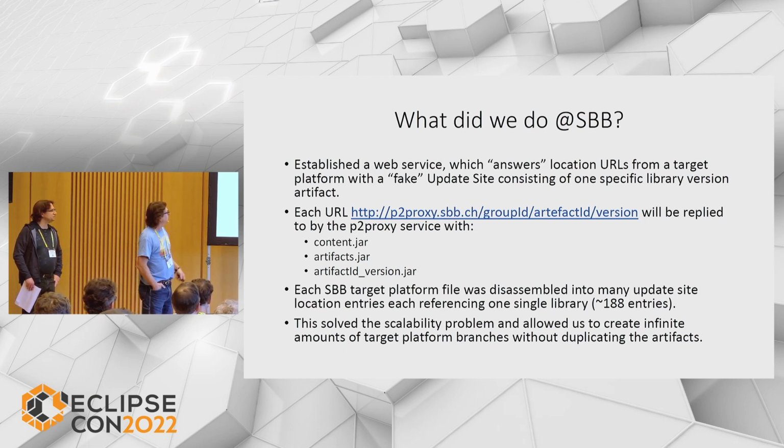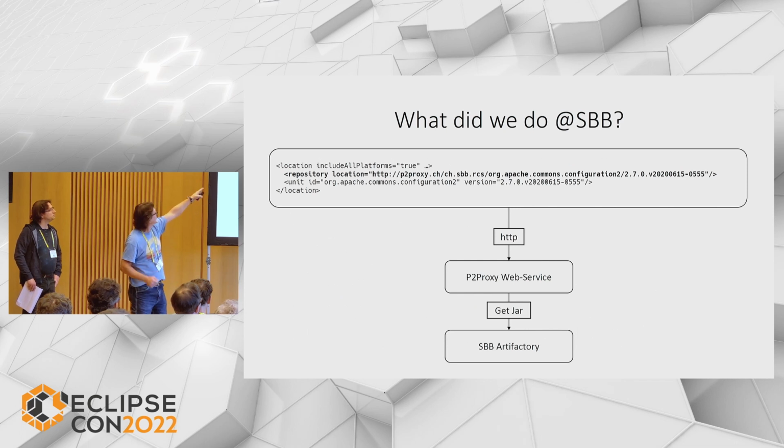And then we could easily disassemble our target platform file with all these libraries. Each library was then a separate location. The URL looked like this. So for each of the 188 libraries, we had one of these locations. And I think you can guess